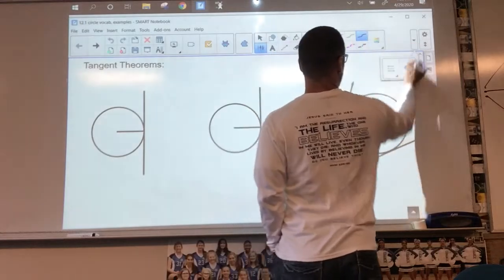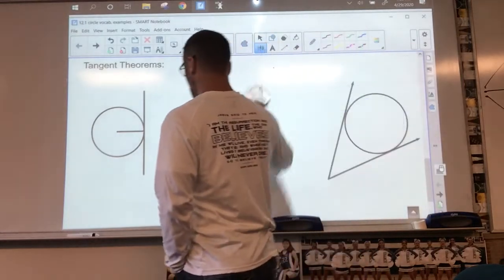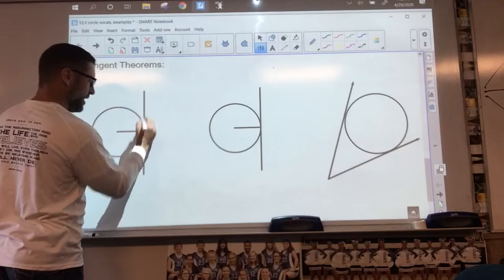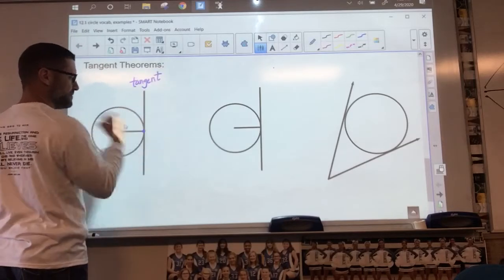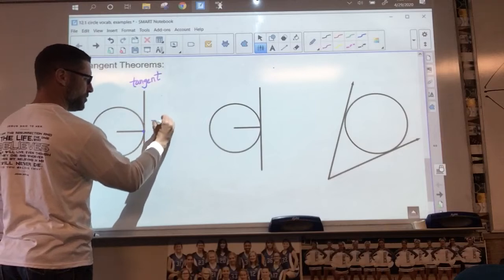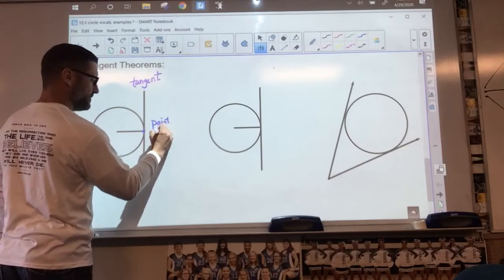First of all, this little guy right here, we have our circle. Let's go to our pen. We have our circle, and we want to look at this little spot right here. And this is a tangent because it hits one, like skips off the circle, and that is a point of tangency